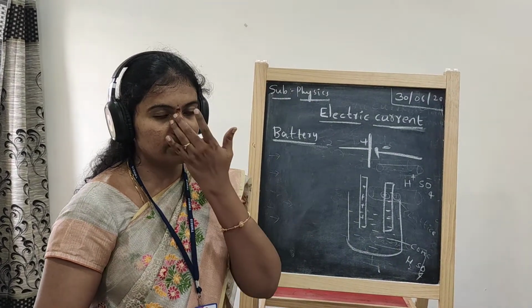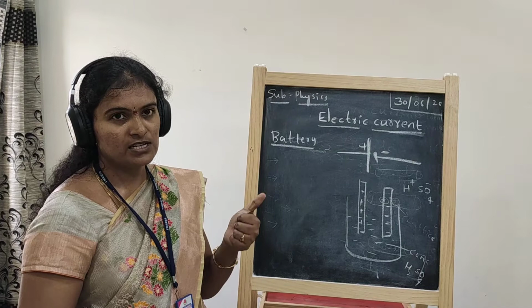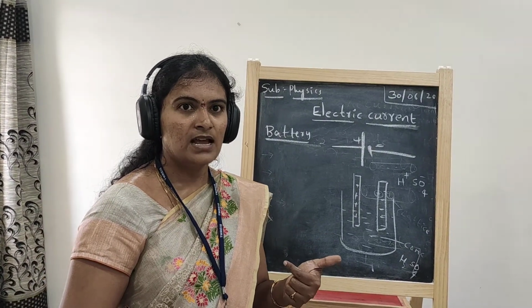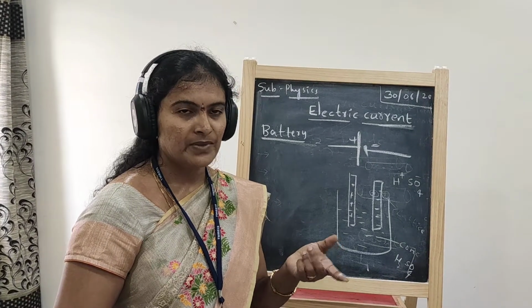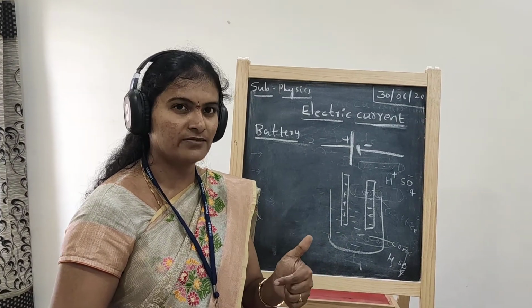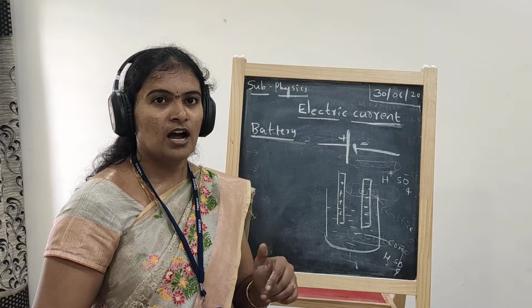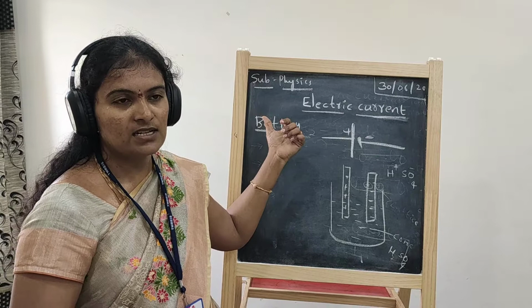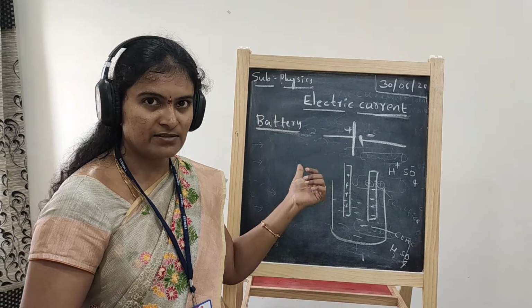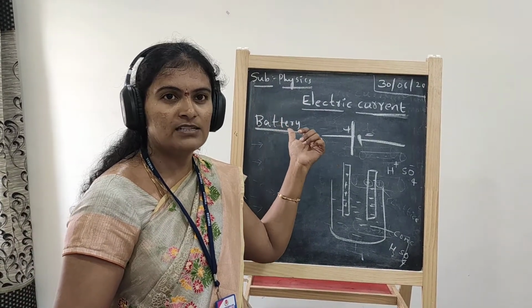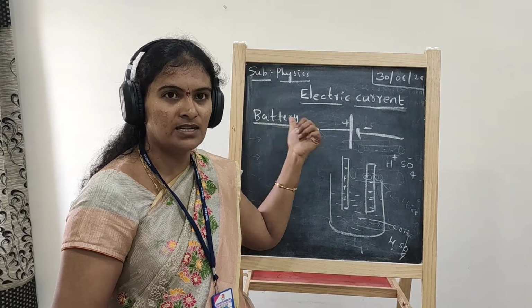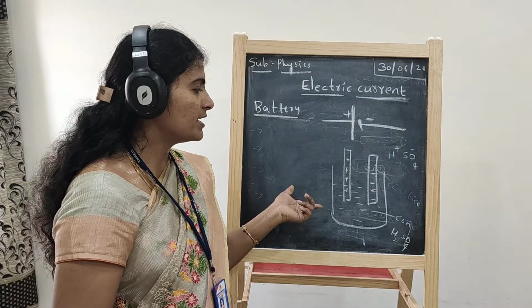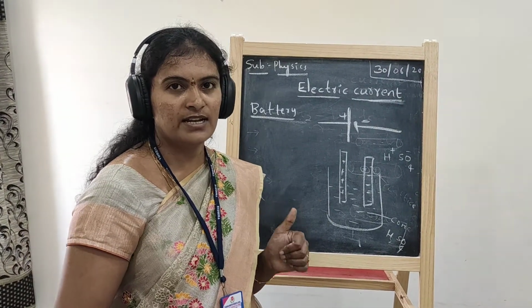So until here, in the electric current chapter, we discussed what charge is, the law of conservation of charge, how many types of charges there are and how charge is produced. Next, current: the definition of current and the units of current. After that, the classification, and then how electrons cause electric current in a conductor, which was explained by Lorentz and Root, so it is called the Lorentz root theory. After that, the battery: how chemical energy is converted into electrical energy.